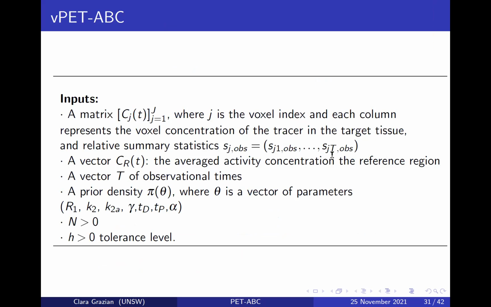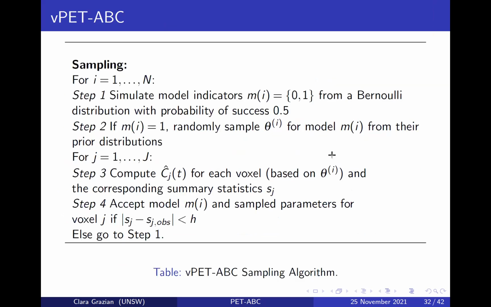PET-ABC works in a similar way as before, but in this step we also simulate the model and perform model selection, increasing the complexity of the algorithm. So we simulate the model, and given the model, we simulate the parameters. Then we simulate the time activity curve depending on those parameters, and we compare that with the observed time activity curve, a smoothed version of it. Even if it seems that it may be extremely time consuming, the simulations part can be done